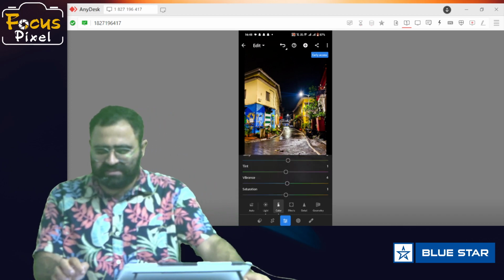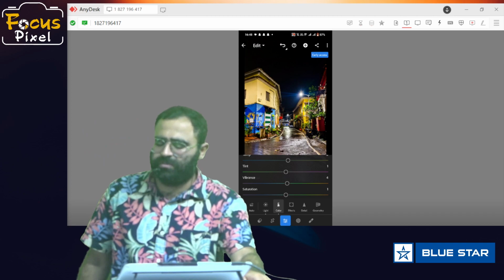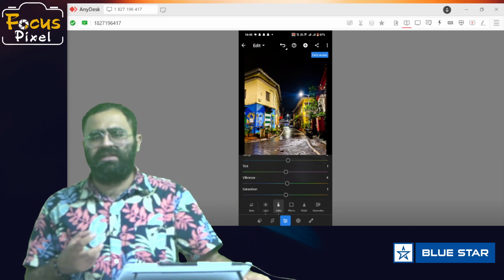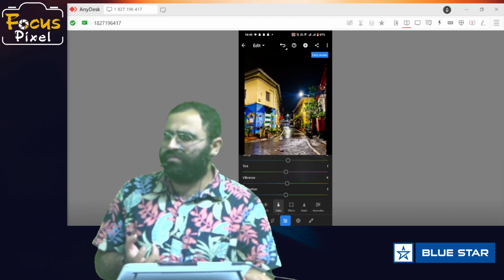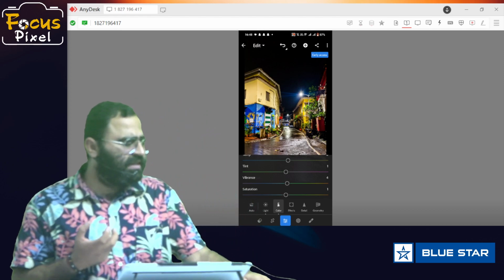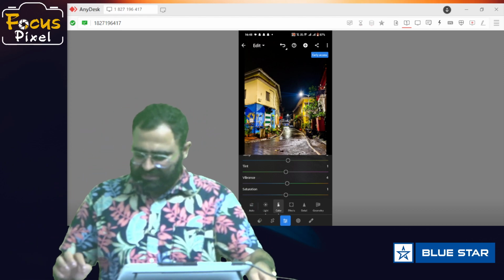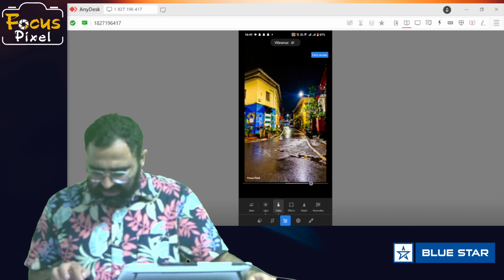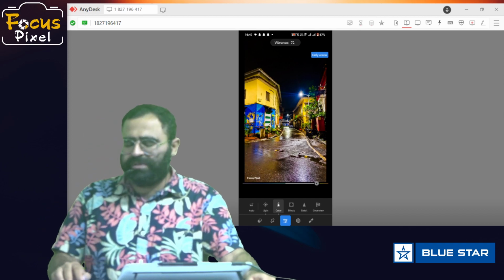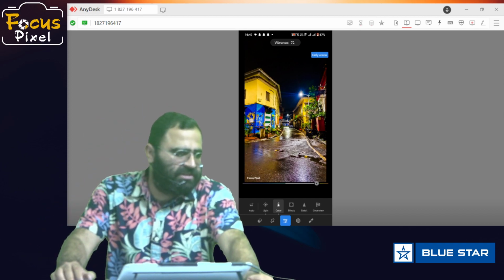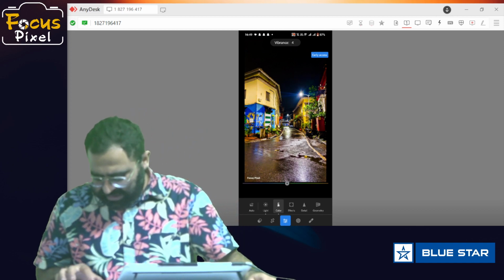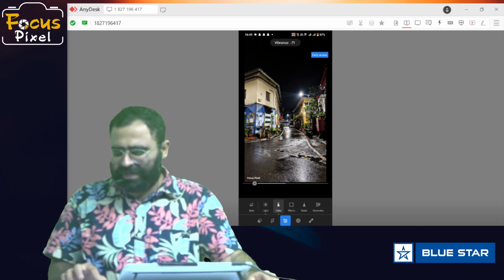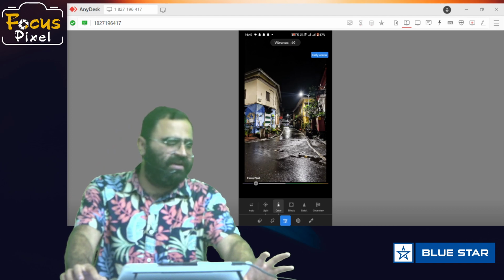Then vibrance is there. Vibrance and saturation work like it will enhance, it will pop out all the colors in your photograph. It will increase the saturation as the word says. So in vibrance you can see a bit of sharpness of colors has increased, and when you reduce it, it goes back to being a faded image.